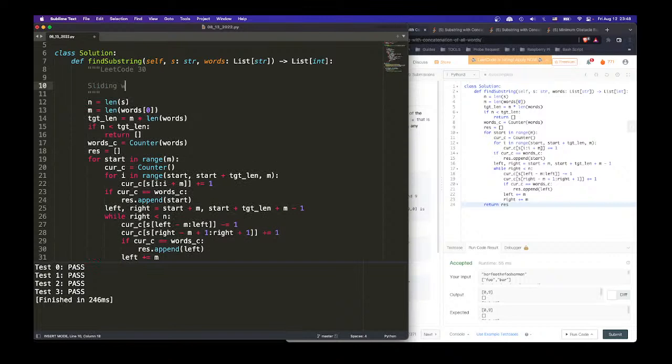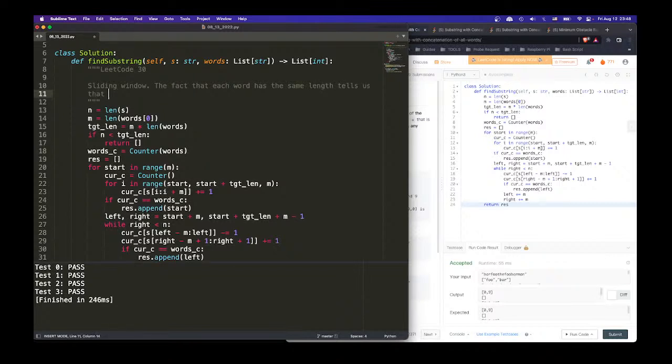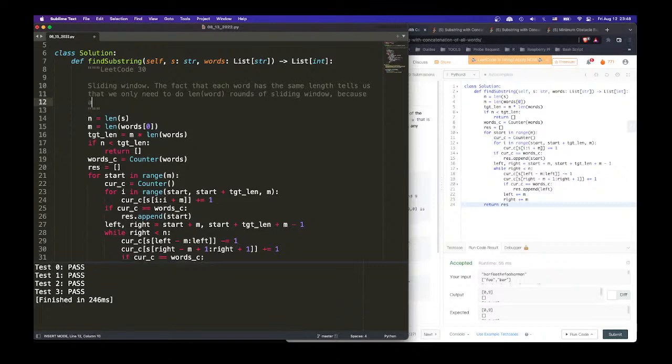Sliding window. The fact that each word has the same length tells us that we only need to do word rounds of sliding window, because after that, we will be repeating previous work. Hence, we pick a starting point, right? Pick a starting point,